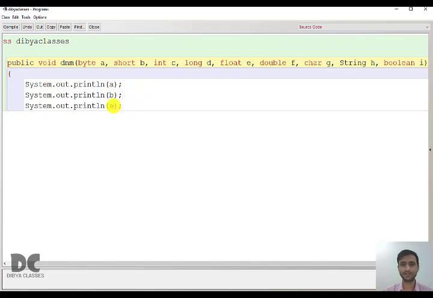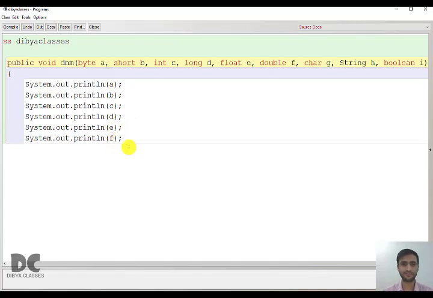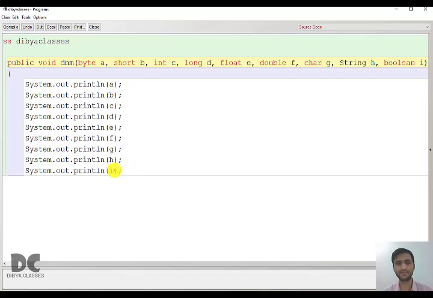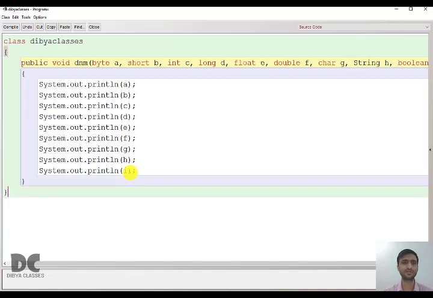The third, I will print the int value present in variable C. Then I will print D, then E, then F, then G, then H, and then I. The total 9 print statements, because there are 9 values to print. The program is over. So simple program, right? Input the values, print the values using parameter.